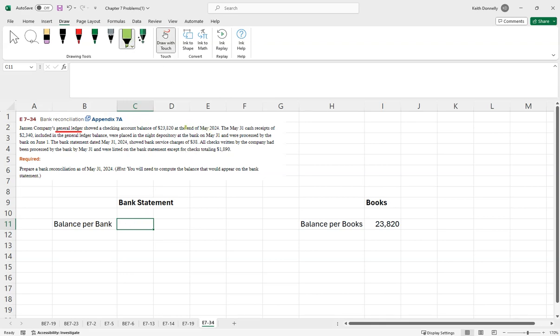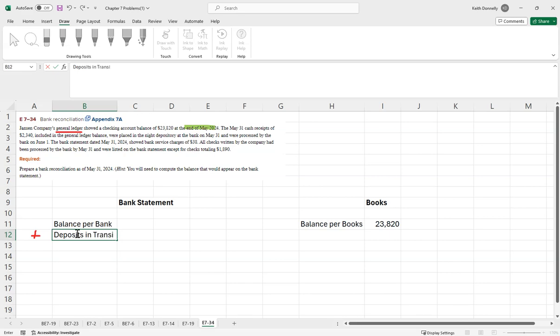Couple things here, right? It's the end of May 2024. The first thing they're telling us is the May 31st cash receipts of 2340 that were included in the books were placed in the night deposit on May 31st, and they were processed by the bank on June 1st. Okay, so what that means here is we're going to have to add to the bank statement these deposits in transit of